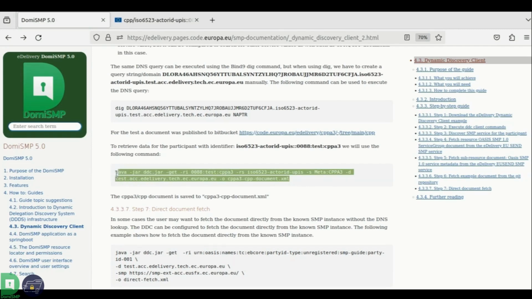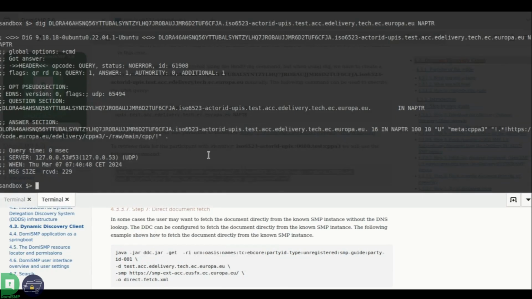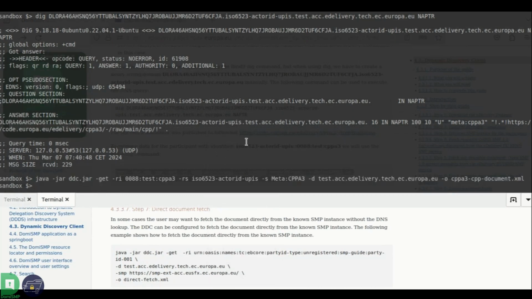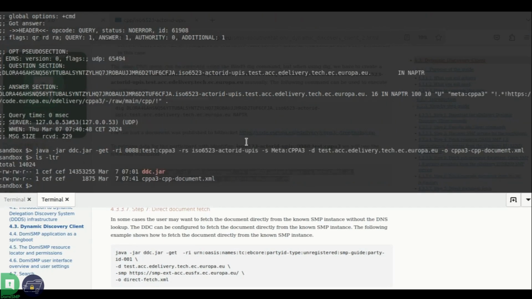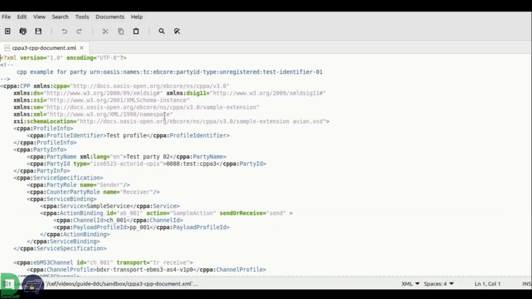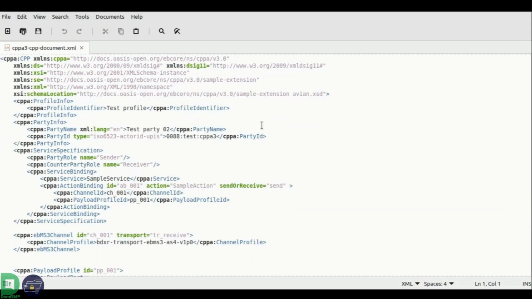Let's copy paste this into our console. If I check the files, we can see that we have a new file here, and if I open it with the editor, you can see that this is the CPPA example which I published in our code repository.